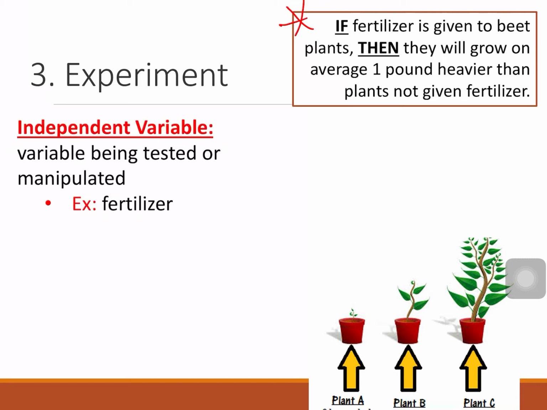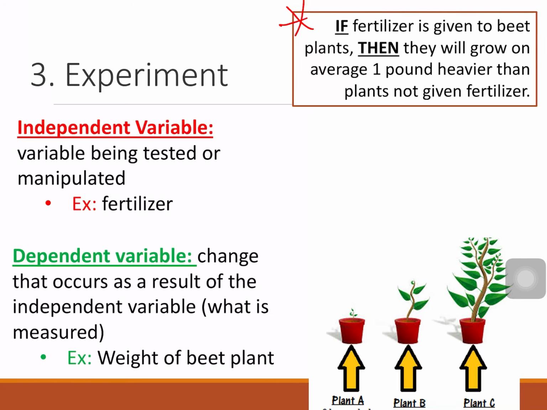My example is the fertilizer. That is my independent variable. I can give some plants fertilizer, but I'm not going to give other plants fertilizer. It's what I can control as the tester. So that's the independent variable. Then we have what we call a dependent variable, and the dependent variable depends on the independent